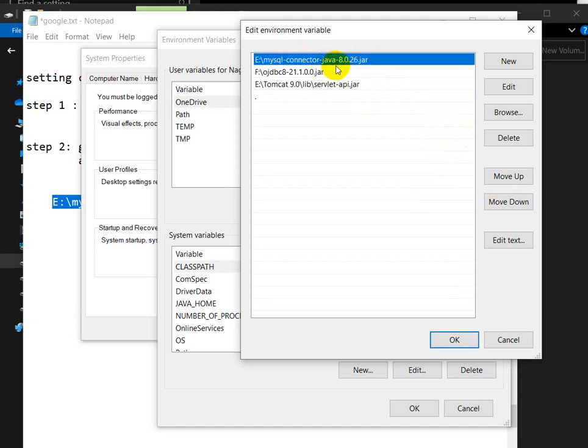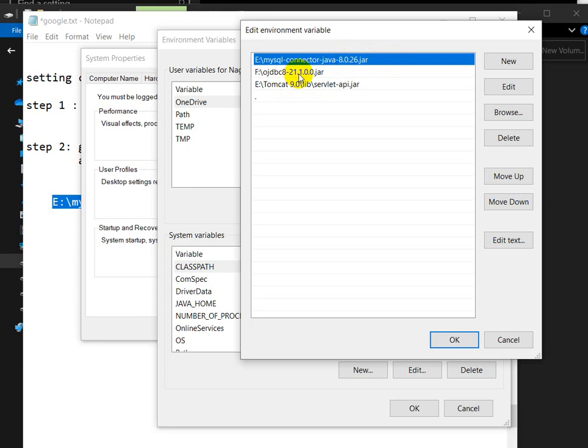Ignore the jar files below because those are for Oracle and this one is for Tomcat. In this video we are going only with MySQL. I have already made a video on how we can set the class path to access the Oracle driver.